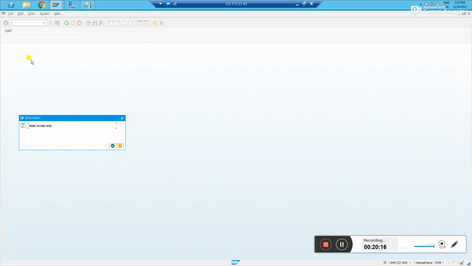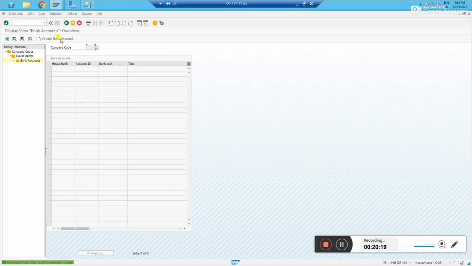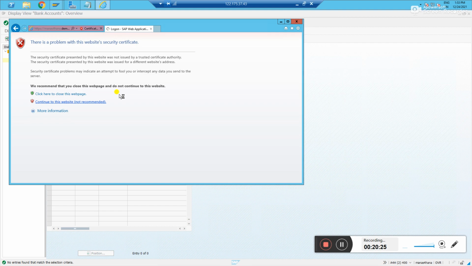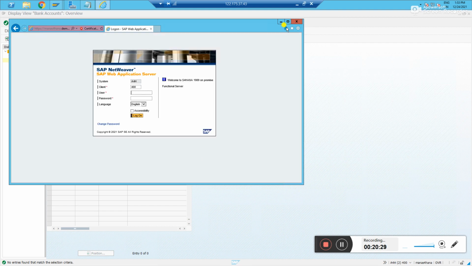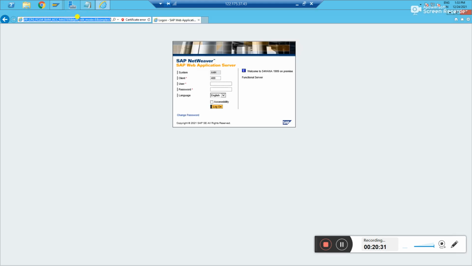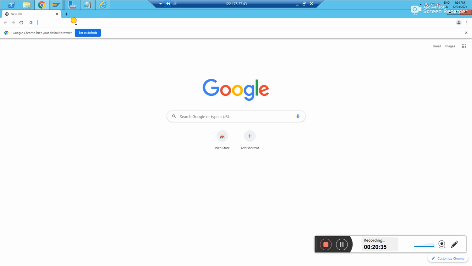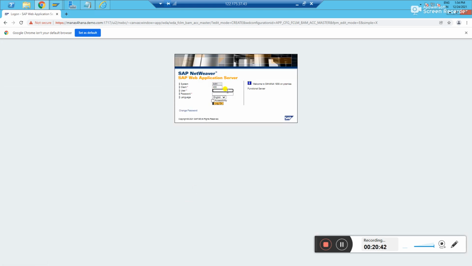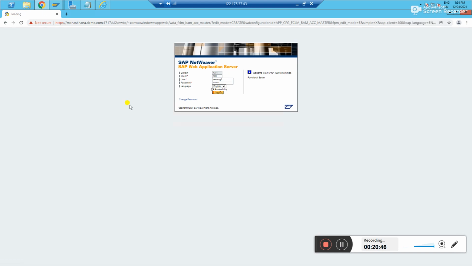Now let us create the bank account. So in S4HANA, you need to go to the Fiori and you have to create in the web browser. Let us wait, it is browsing. So let us copy. Internet Explorer is not working here. We'll go to the Chrome. We'll paste the same URL. Give the username password. Okay, now updated the username password.